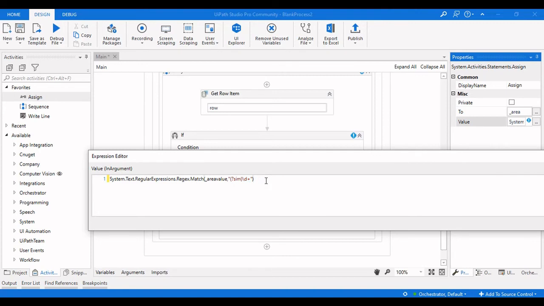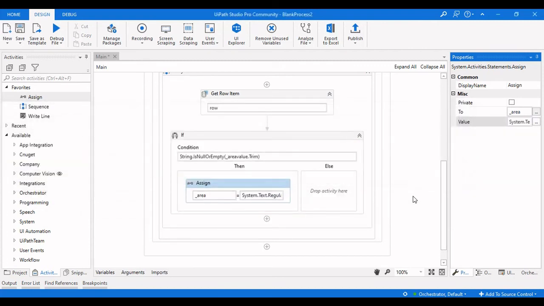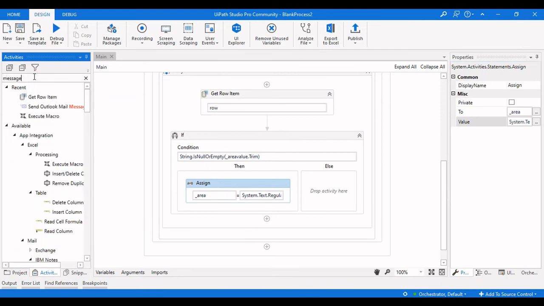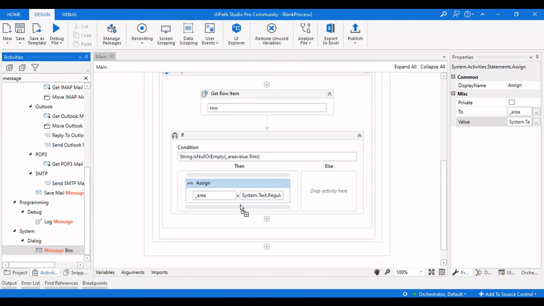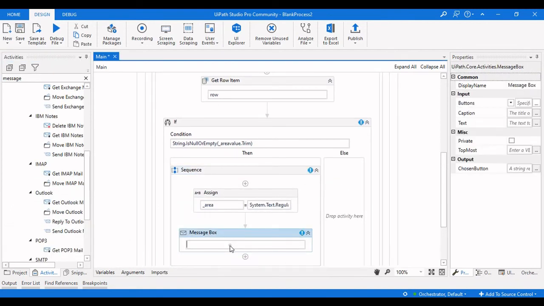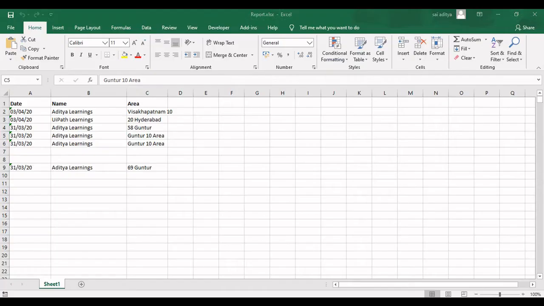Now I need to give it a value at the end, which is Value. Now let me click on OK, and let me drag a message box over here and give it area, and that's it. We have done this.